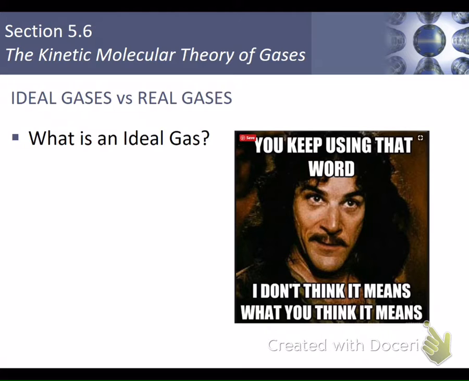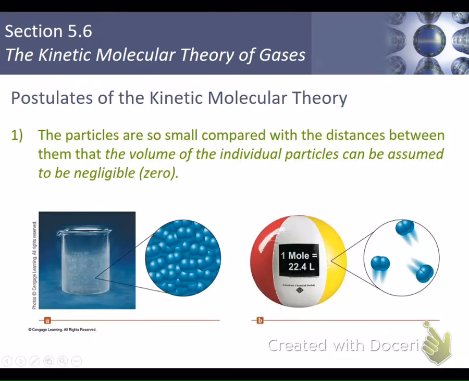But most gases are very close to ideal, and they don't deviate much from ideal behavior, so we can make that assumption without a lot of error being made. So the kinetic molecular theory that we learned at the beginning of the unit is really what defines for us what an ideal gas does. To be an ideal gas, you have to follow these rules, if you will.